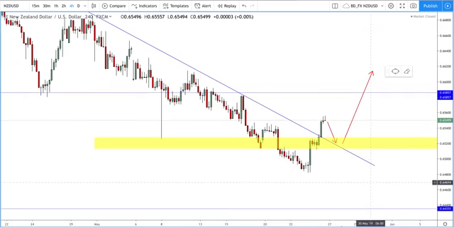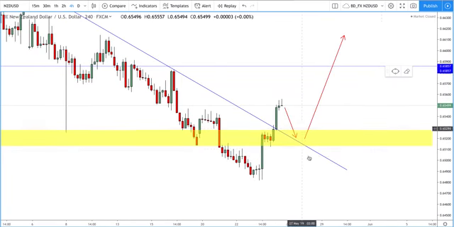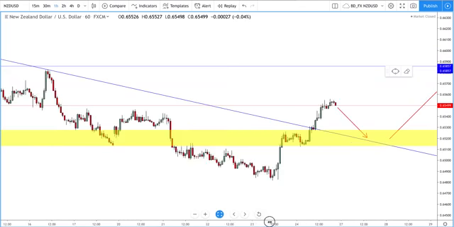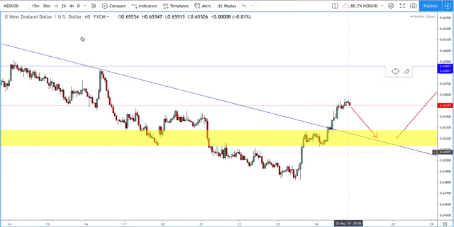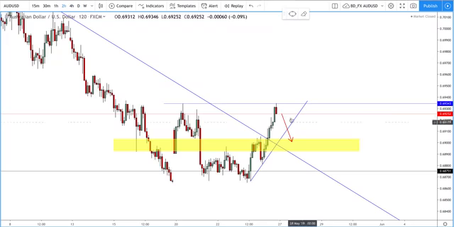What I want you to look out for is when we get to this sort of level, look for a pullback, look for rejections, look for price action rejection on the 1 hour or the 4 hour, things like the morning stars that I explained to you, or pin bars on the 4 hour like I explained on, let's see, Euro GBP. See this pin bar on the 4 hour? Anything like that is a good reversal sign that the market's going to change.